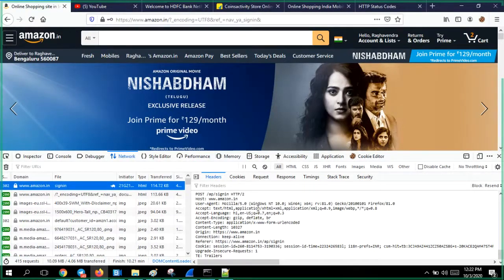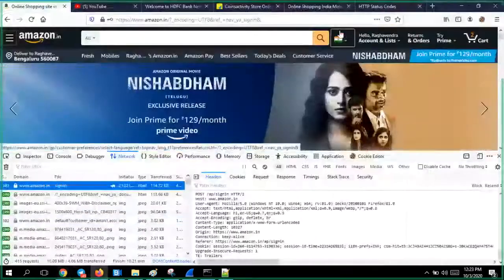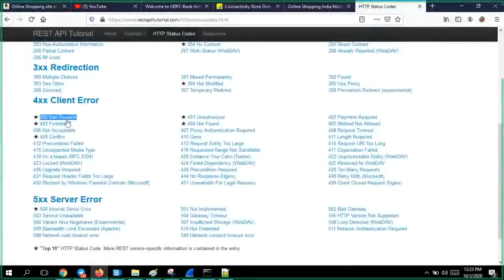If instead of ACCEPT there is any spelling mistake, that is called a bad request, because the server did not recognize the header. I never heard of this accept without the double C. It should be there, but you have only one C. I don't know what it is.